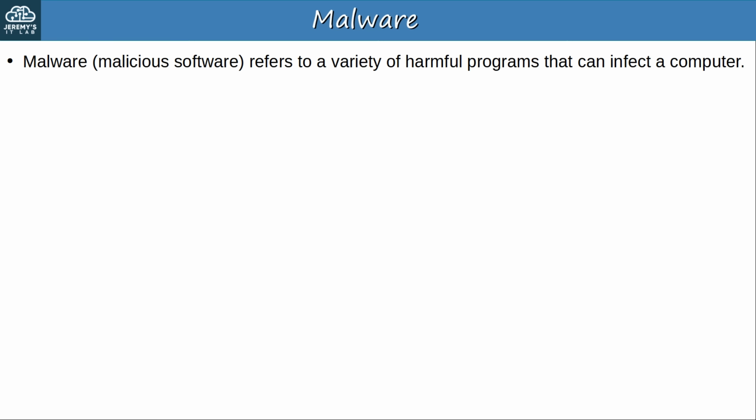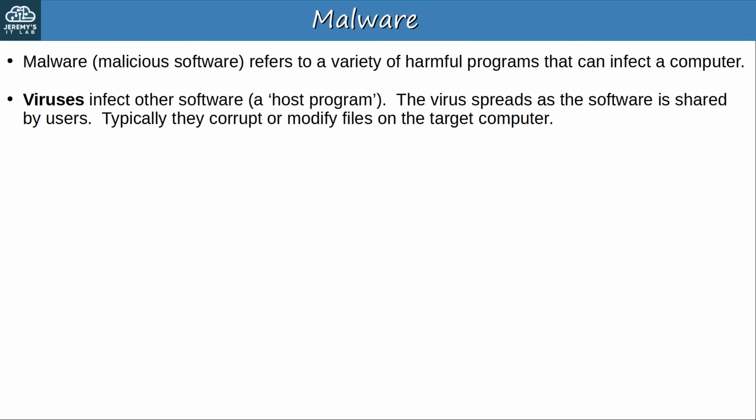Next up is malware, something you've probably heard of. Malware, which means malicious software, refers to a variety of harmful programs that can infect a computer. Here are a few types. Viruses are malware that infects other software, called a host program. The virus spreads as the software is shared by users or downloaded from malicious websites, etc. Once the virus has infected the device, it can do various harmful things, such as corrupting or modifying files on